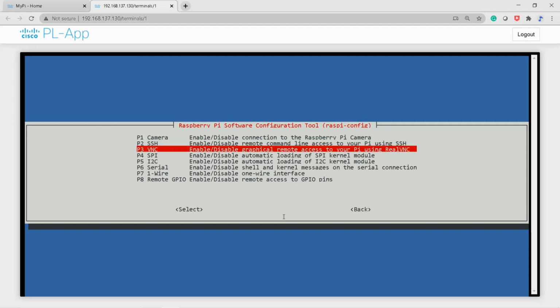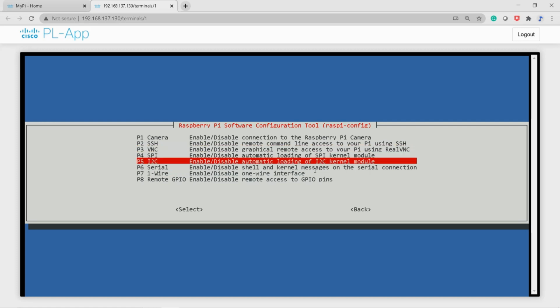Interface option again, and here you can see VNC, virtual network computing, for remote access of the GUI, graphical user interface, and SPI, serial peripheral interface. There are so many options. I2C and one wire interface.